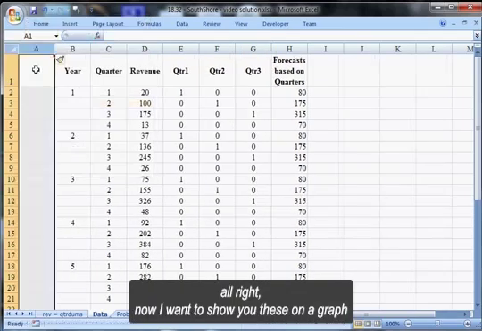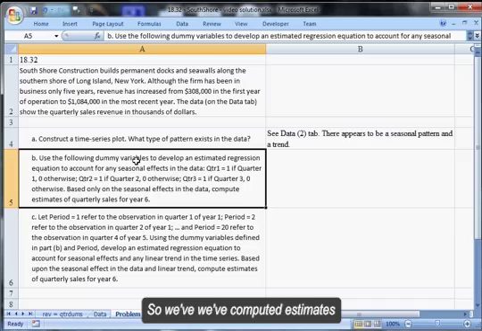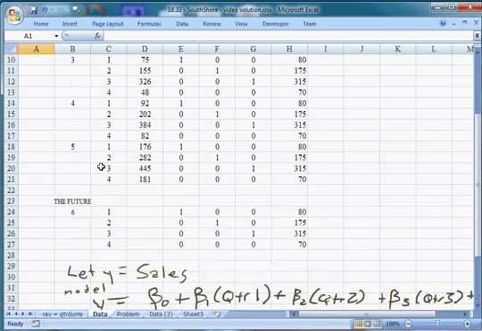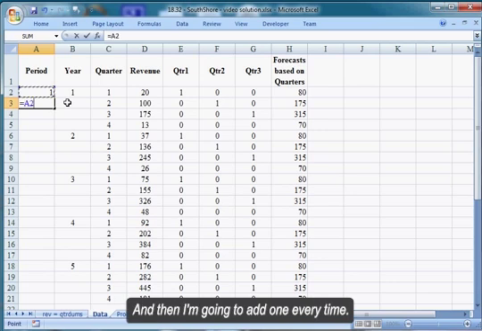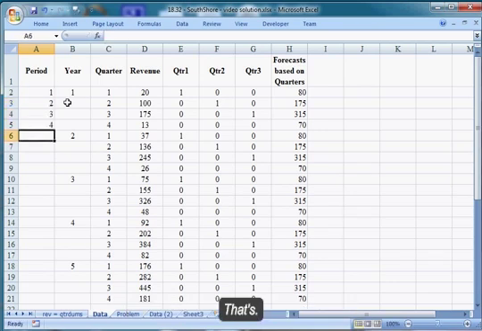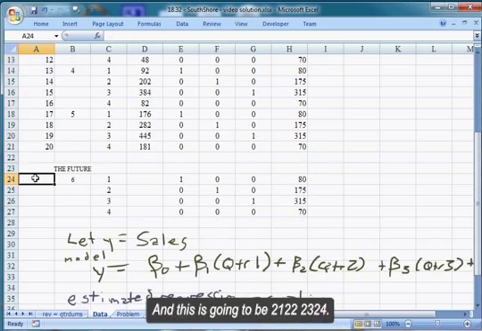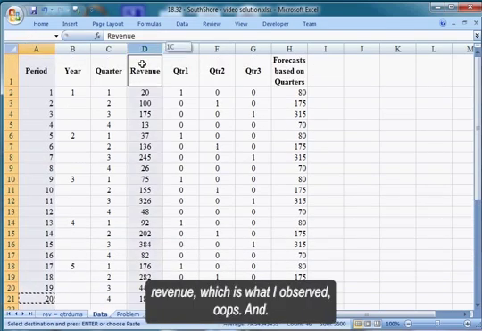All right, now I want to show you these on a graph. That's the end of part B, actually. So we've computed estimates of quarterly sales for year 6. But I want to show you these on a graph. In order to do that, it's actually easiest if I define my periods now. This is going to be 1, and then I'm going to add 1 every time. So we have 20 there, and this is going to be 21, 22, 23, 24. Now, if I take revenue, which is what I observed,